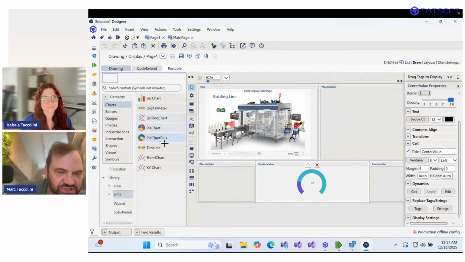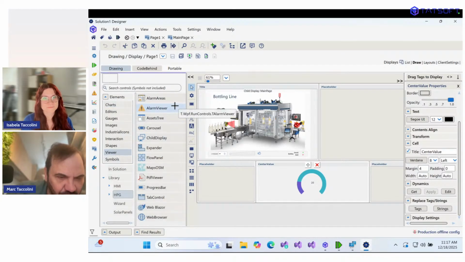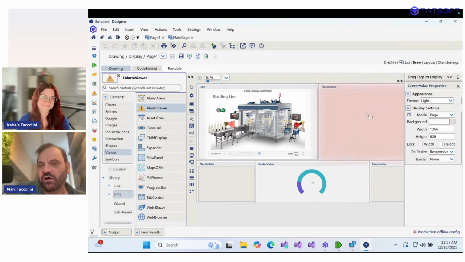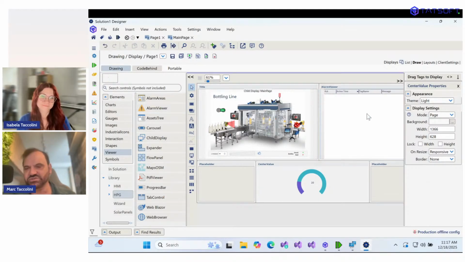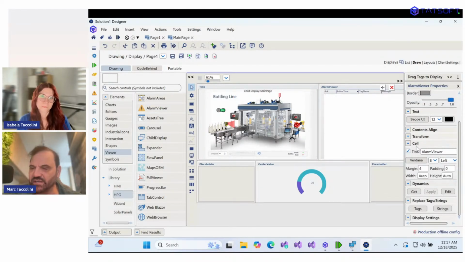So let's put here another example of trend charts, or let's put one that I like, that to be an alarm viewer object, okay? So when you select the elements, you have all the properties of which element you are showing here, and we have one more, that's the